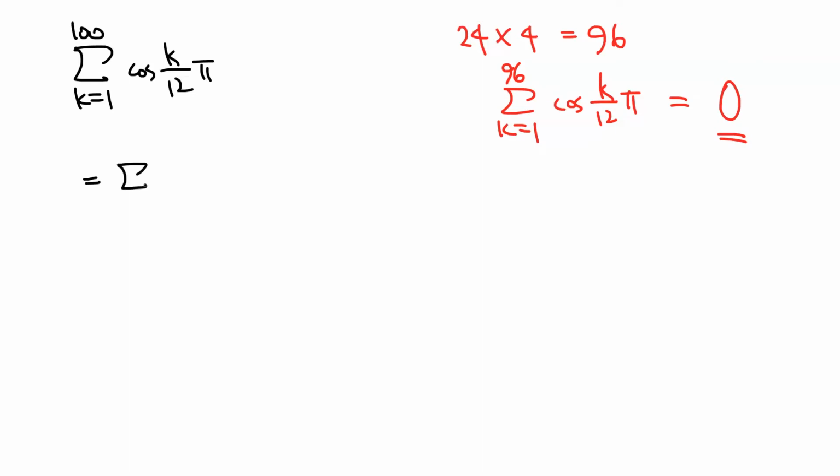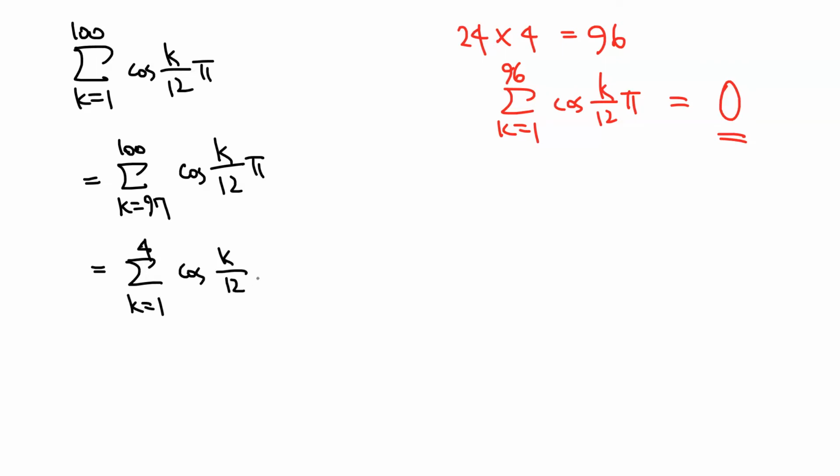So what remains is k from 97 to 100 of cosine k over 12 pi, and by the periodicity, this term is simply equal to k from 1 to 4 of cosine k over 12 pi, which is